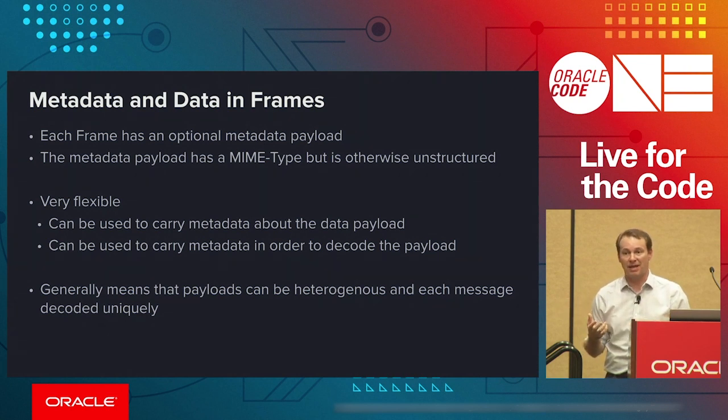It effectively means that every single frame that we send across one of these connections could be sort of a standalone thing and contain enough information that the receiver of that particular frame knows how to decode it or knows that it wants to ignore it because it doesn't really care. Right? It means that in that example, when you're using a channel, maybe sometimes you're sending images and sometimes you're sending video. And so the MIME type associated with the payloads in each one of those ends up being different.